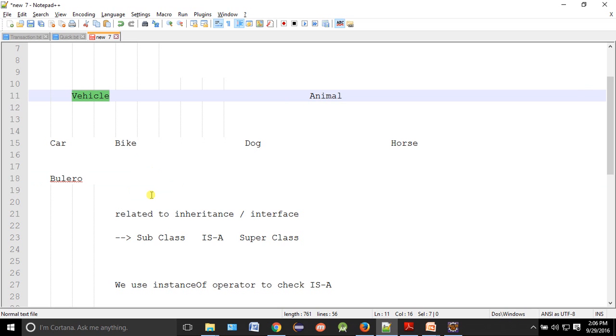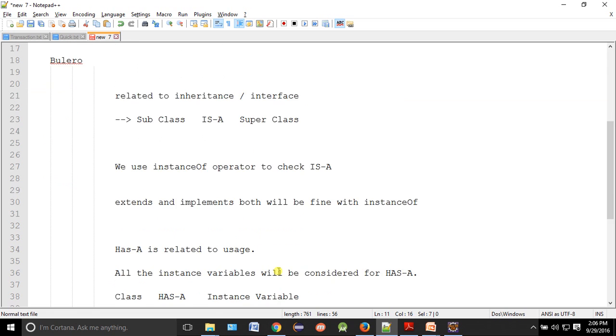So it's not only about one hierarchy. You can go beyond the hierarchy. Whichever superclasses are there, all the subclasses are those superclasses basically. It's not the case that inheritance means I check only one level. You can check your previous levels also. You can keep on going beyond that.